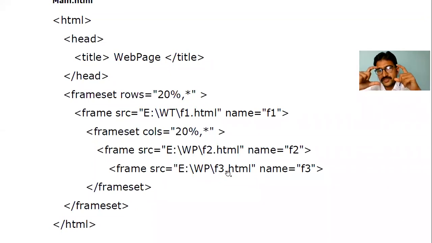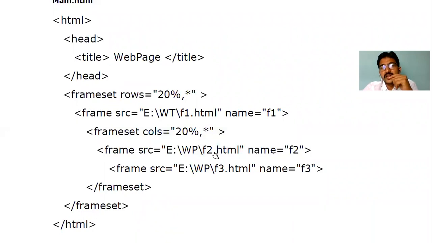What has to be there in f3.html? A solid dashed box consisting of the description of the bookstore, and we have another rectangle: username, password, sign in, new user, create an account. Like this should be there in f3. So in f1: logo, title, name of the bookstore, home, bestseller, contact us, all sort of stuff will be there.